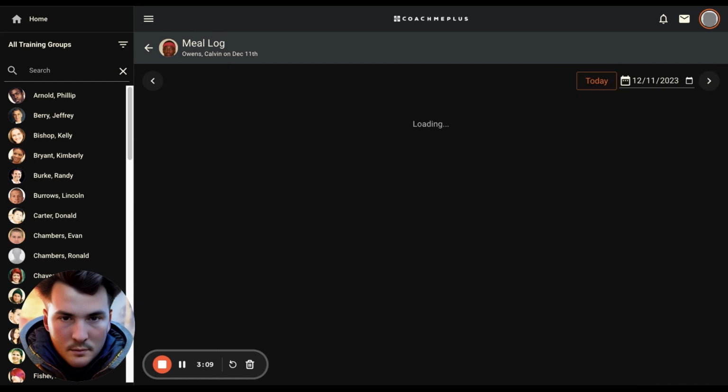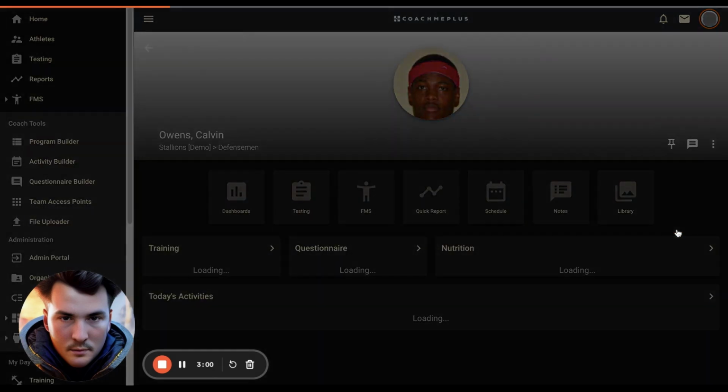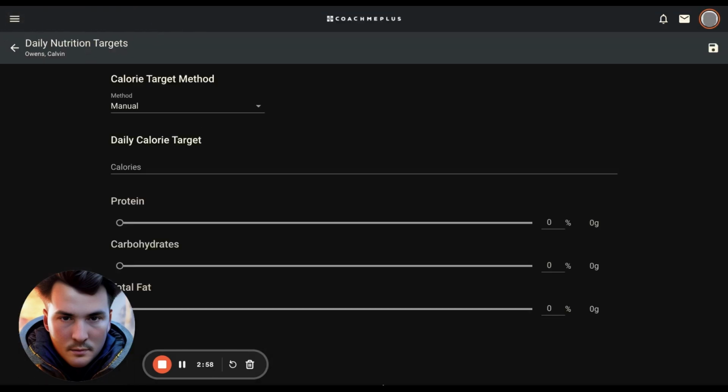If you're on the current day and this feature is turned on within your system, we do have the ability to set nutritional targets for an athlete. You can click on the Set Targets button. This will allow you to input some information about that athlete and set targets. We'll do a deeper dive in another entry, but to give you a brief overview of this: